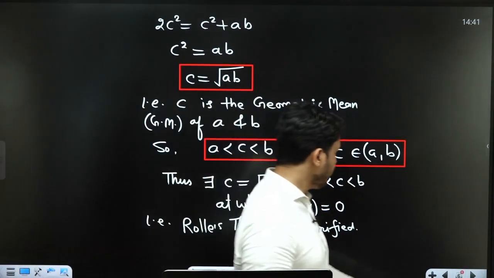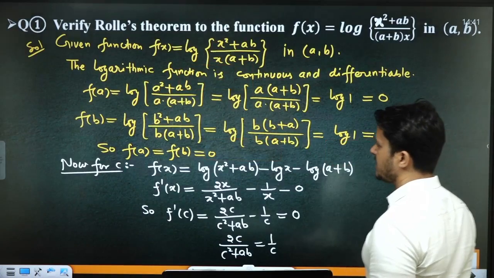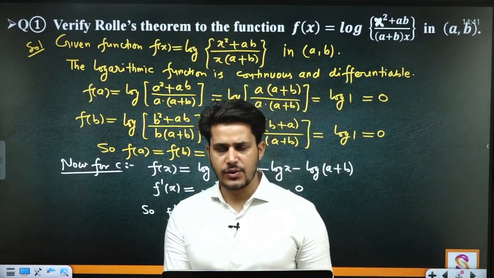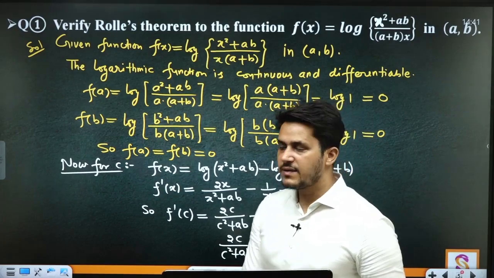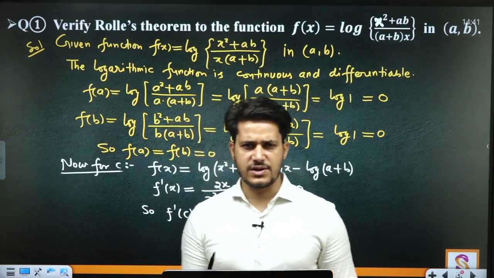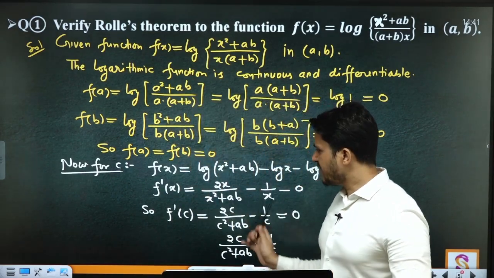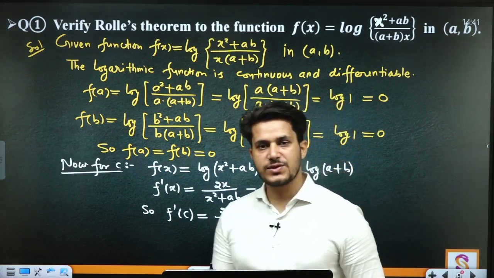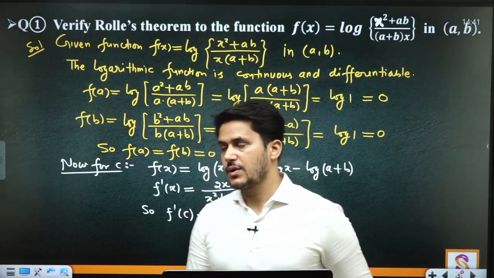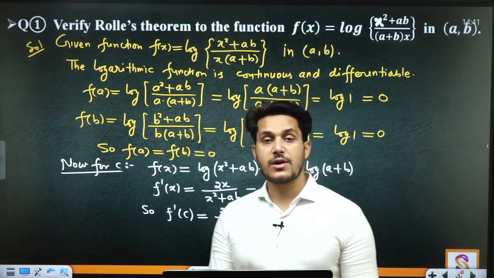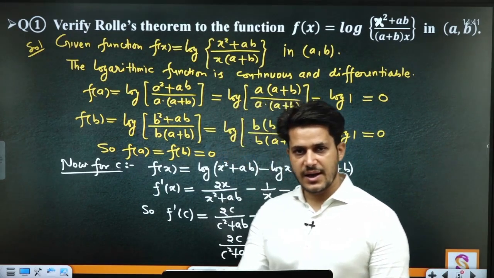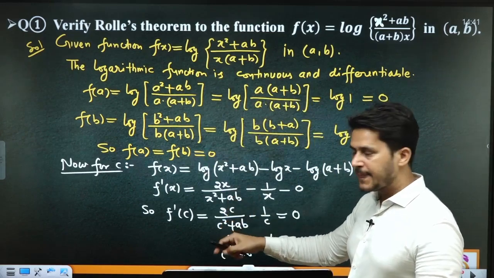So it is very simple. That first statement about the nature, you have to write the continuity and differentiability. Never ever check the continuity and differentiability of the function. बस आपको f(a), f(b) इन दो वैल्यू को चेक करो. It should be equal to 0. अगर ये दोनों इक्वल हैं but not equal to 0, then Rolle's theorem is not verified. Right? वो वेरीफाई नहीं करेगा तब, भले ही वो इक्वल हो जाए.